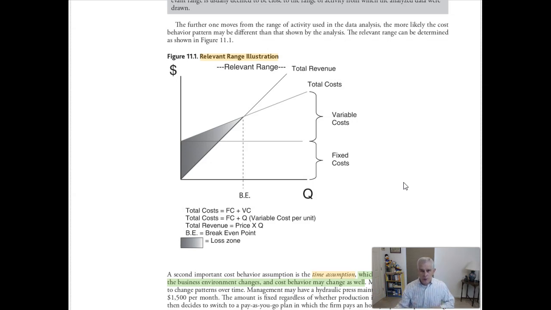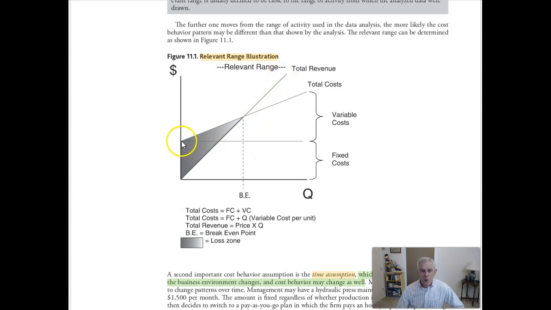Here's a simple graph that shows within the relevant range, then total cost, of course, will start with 0. We can say these are like the units being sold across the bottom. So revenue, if you don't sell anything, your total revenue is 0. The more you sell, and this is the dollar amount here, the more your revenues are. So the more activity you have in number of units sold, the more your sales revenue is. So this is the total revenue line.